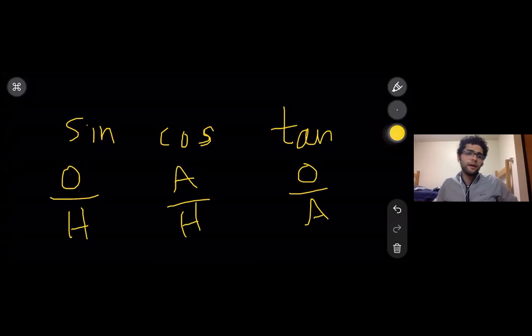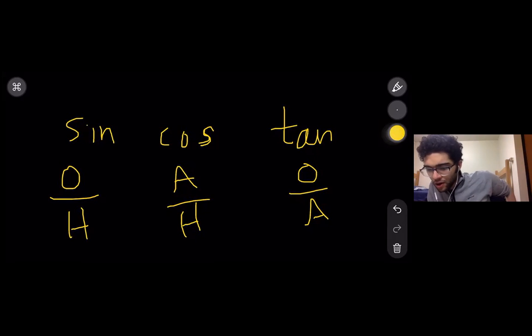Right? We have to fix an angle, and based on the perspective of that angle, we study these ratios for the other 3 sides in the triangle. So one side will be the opposite side, one will be the adjacent side, the one right next to the angle, and the hypotenuse, which is the largest side in the right angle triangle. That is the one opposite to the right angle. Okay,